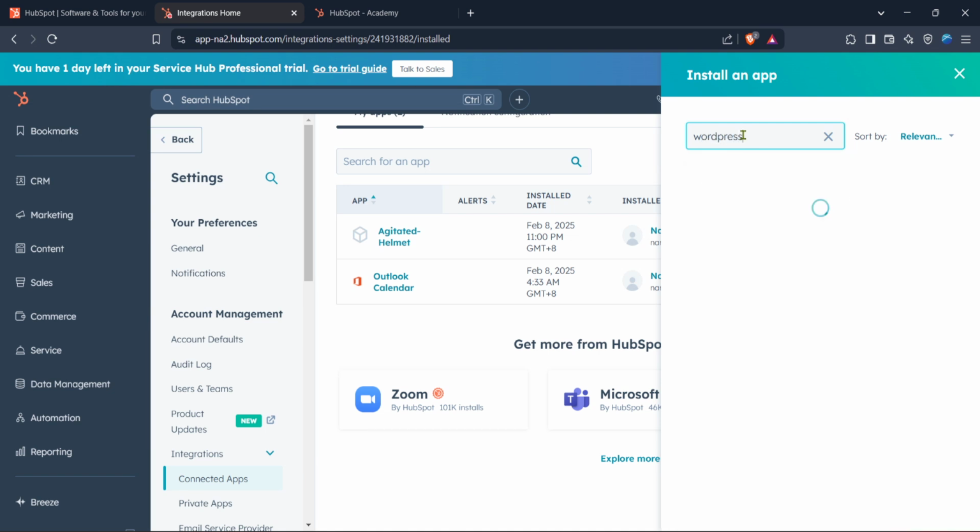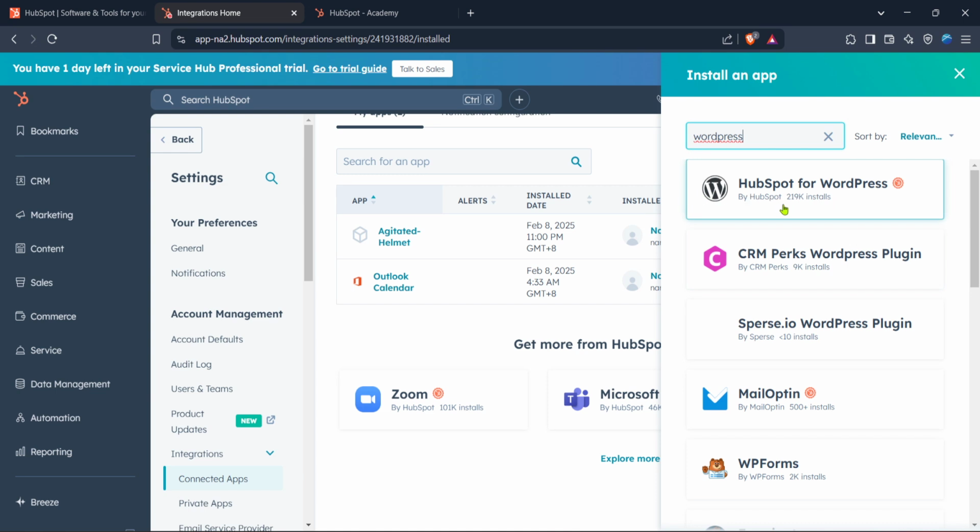Here you'll find detailed information about the app, its benefits, and user reviews. Take a moment to familiarize yourself with this page. When you're ready, look for the Install App button, which is prominently displayed. Click on that to initiate the installation process. It may take a few moments for the app to install, depending on your internet speed, so sit tight. Once the installation is complete, follow any on-screen instructions to finalize the setup.